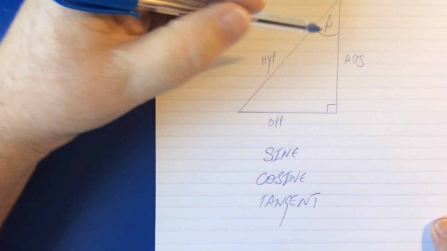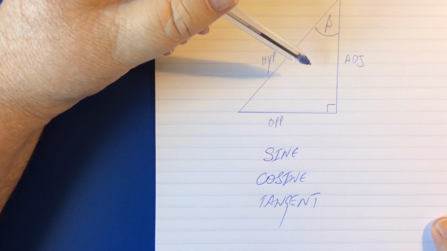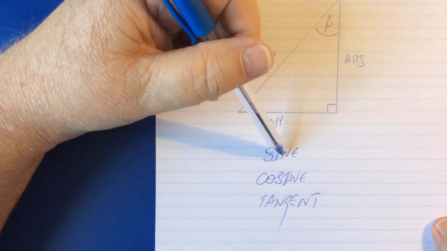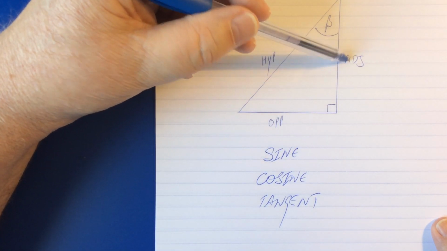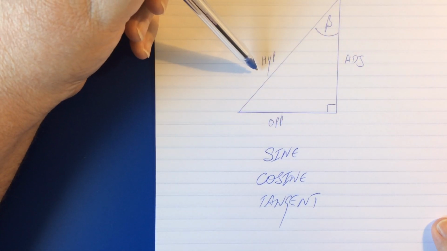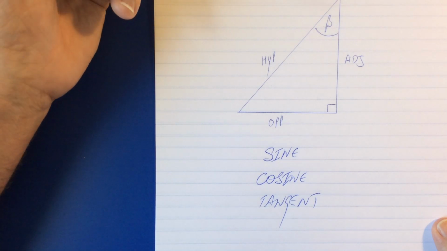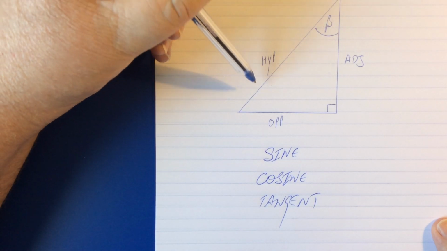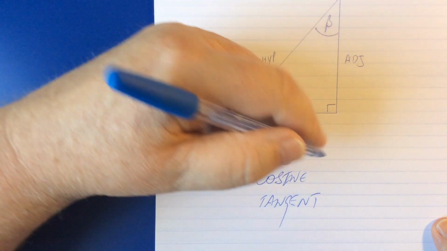And I won't be spoiling the surprise if I tell you that these ratios are based upon these three sides, and as this is not a terribly long video and I can squeeze this in, the sine ratio